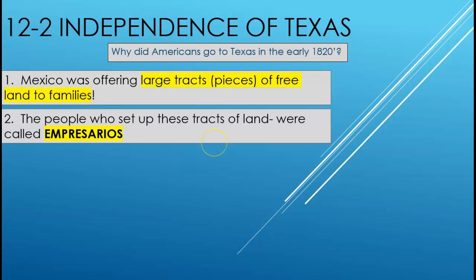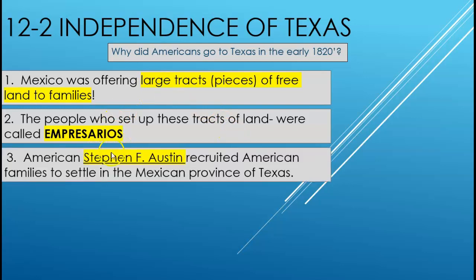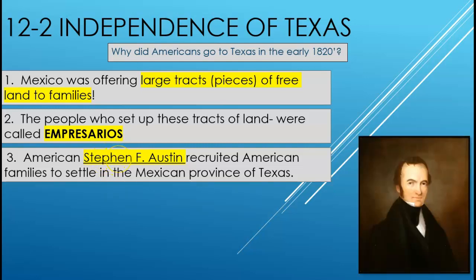So the people that were picked to organize these things by the Mexican government and were given large tracts of land that they could then subdivide were known as empresarios. And probably the most famous empresario would be the original one, which is Stephen Austin. He's in charge of recruiting families into the early parts and eastern parts of Texas. He inherited the claim from his father, Moses, who actually had received the claim but died of pneumonia before actually